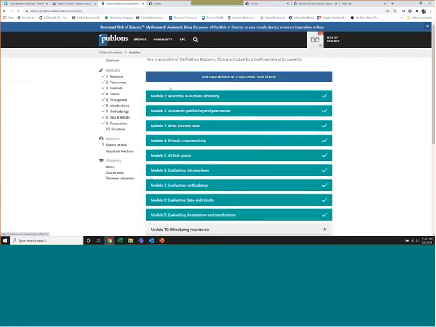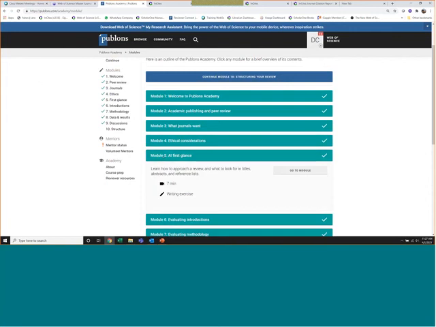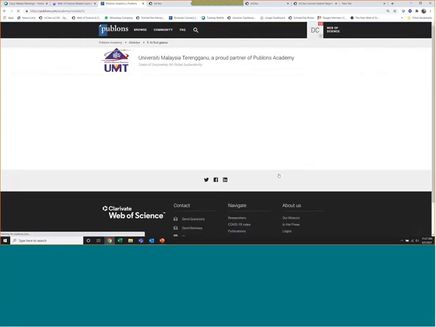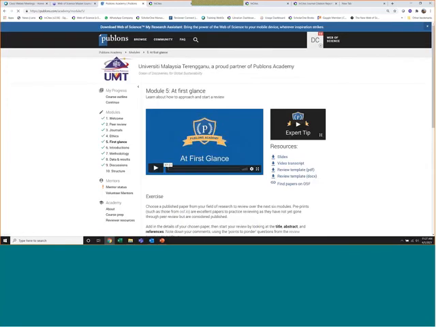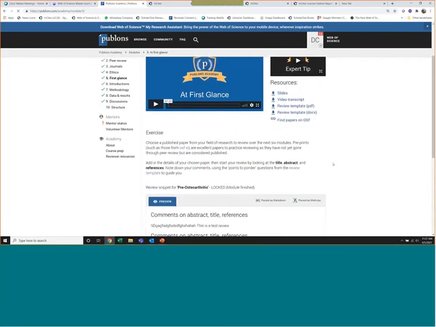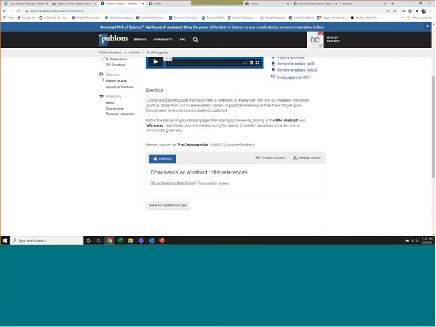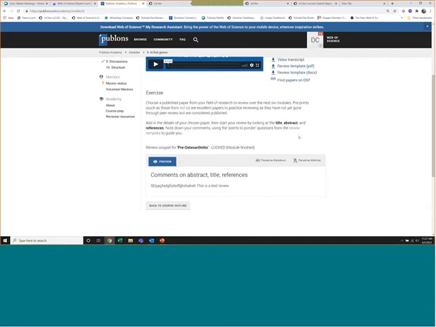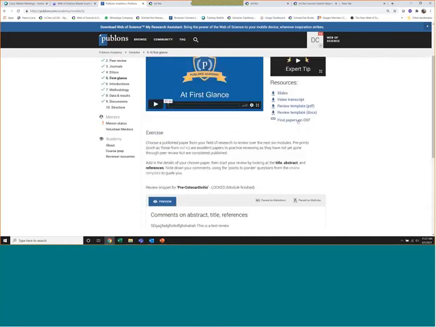You can go through each module. Once you have reached module 5, you will be asked to choose an article to review. These articles are preprints, and you can find the papers here on OSS.